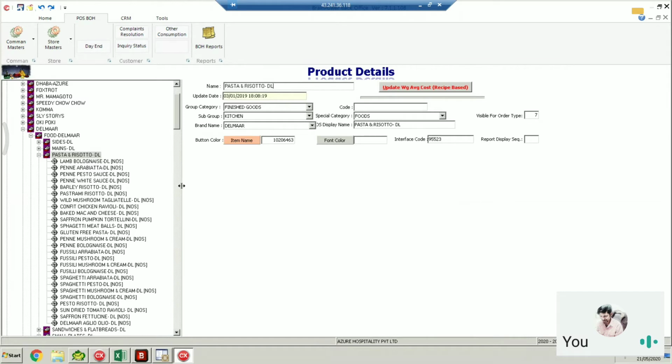But here we make product names 60, 70, sometimes 100 also. Okay, no problem. We can provide you up to 250 characters for the POS display name.